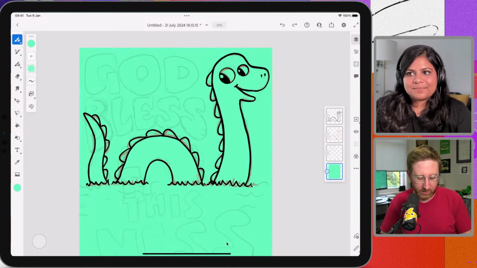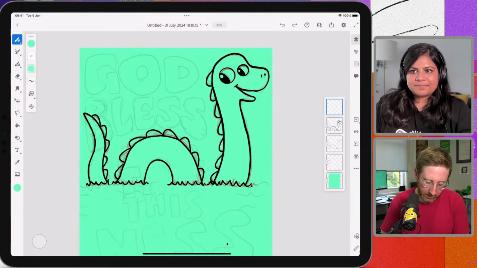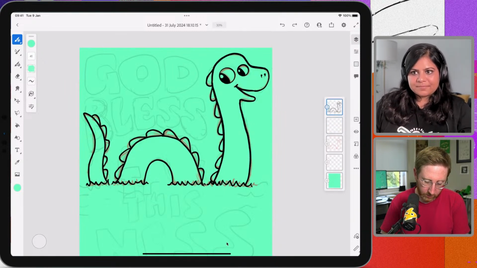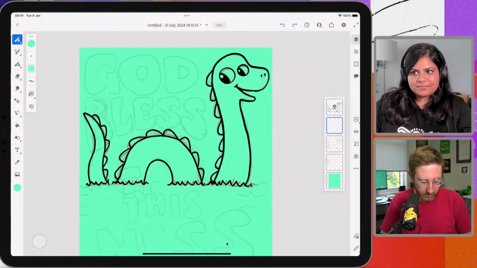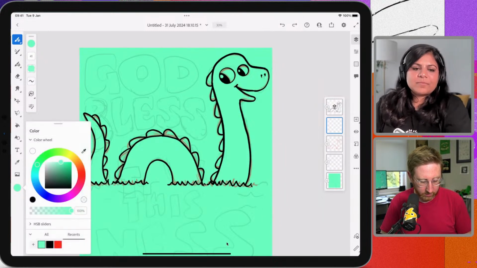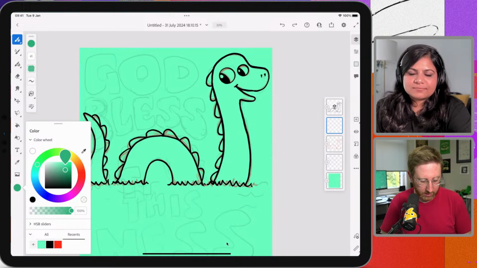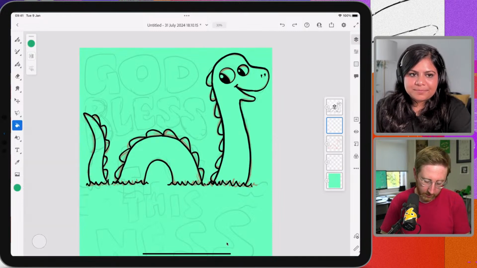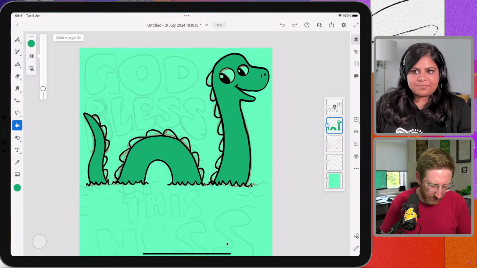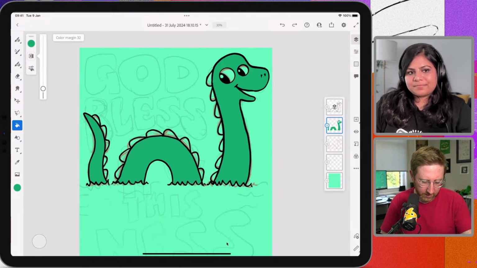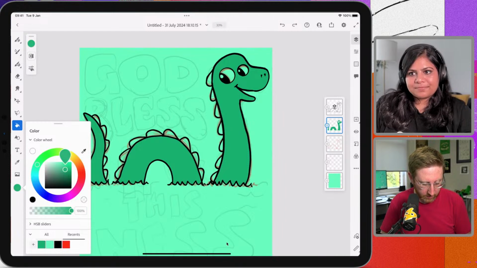I'm going to use this as the background, and then set up a layer to do some coloring. I'm going to set my line work as a reference layer, and then pick a color slightly darker than this. I still want it to be quite punchy. Maybe something like that. And then let's see if we can color this guy in. So that's a little bit darker than I had in mind, so I'm going to lighten that up a bit, I think.